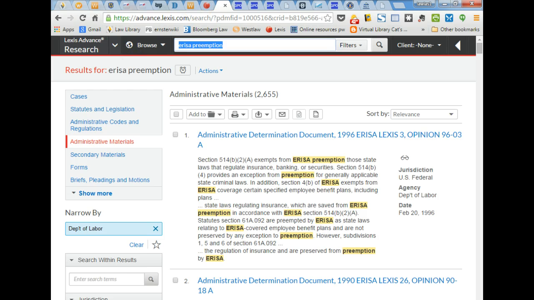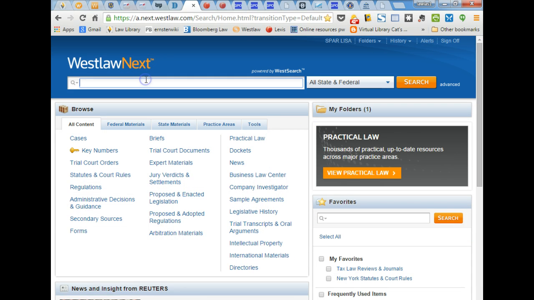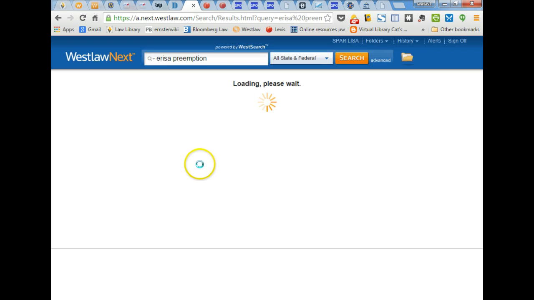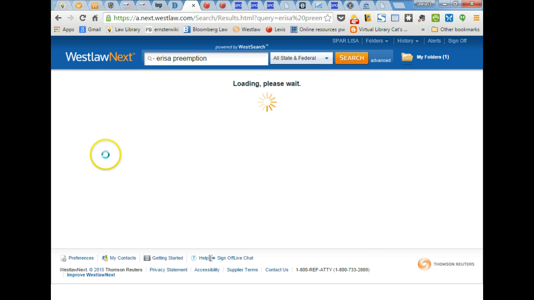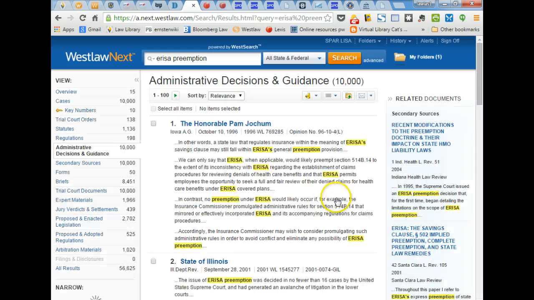Going back quickly, as I mentioned, the same principle applies on Westlaw. You can look at the citing references for a particular section, or do a keyword search and then use the filters, administrative decisions and guidance. And again, notice they're split up. There's regulations, so that's going to be the actual CFR and state regulations, and then administrative decisions will be here. And again, depending on the cost implications, I would do both. On Westlaw, I would look at what citing references there are for a particular section, as well as do a keyword search for administrative decisions. So that's Lexis, Westlaw,